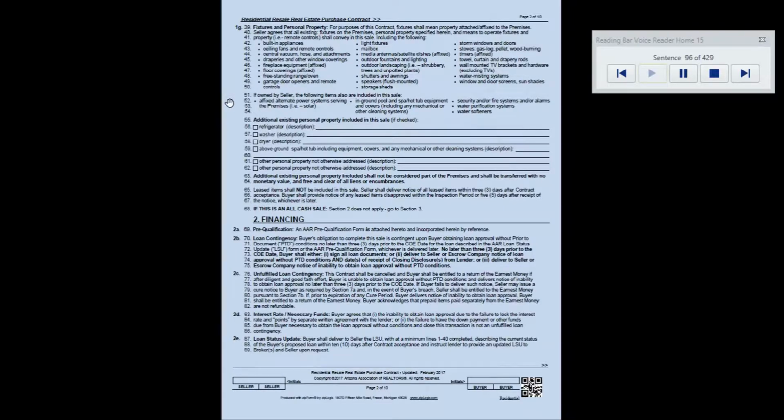If owned by the seller, the following items also are included in this sale: a fixed